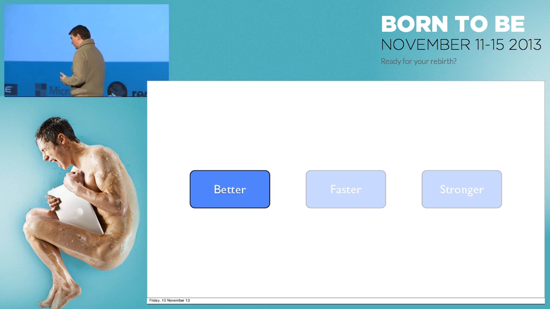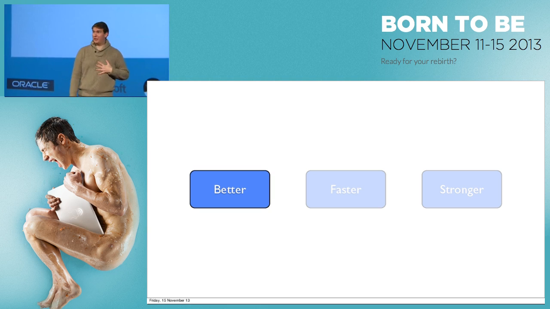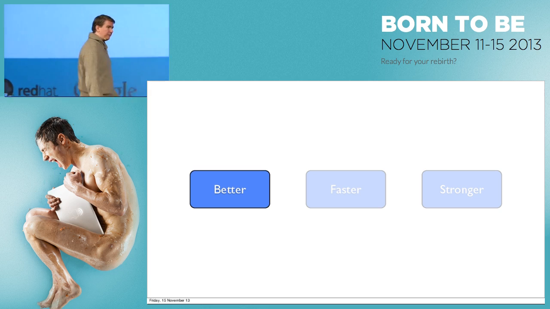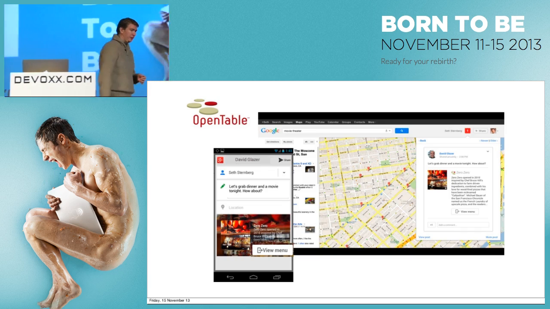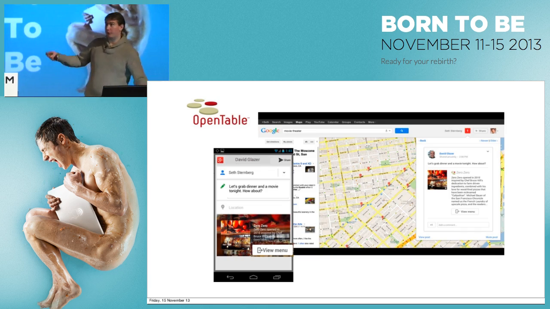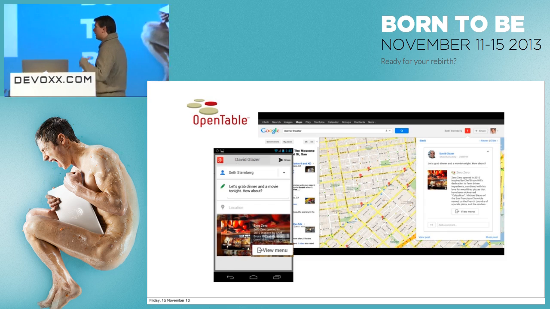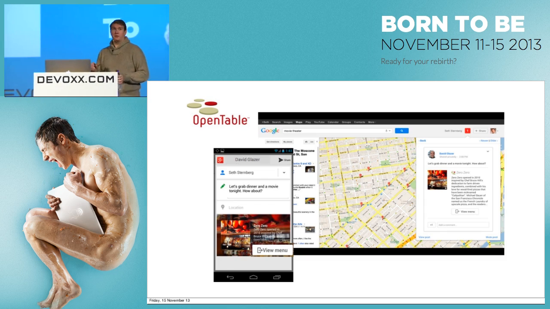I also think that Google+ sign-in can help make your applications better. It can't make your applications better. We can't make your applications better, but we can give you tools that hopefully will allow you to do some interesting stuff. I'll give you some examples of this. This is OpenTable, which is a restaurant booking application in the US. And they're using a thing called interactive posts, which have two reasonably interesting features.